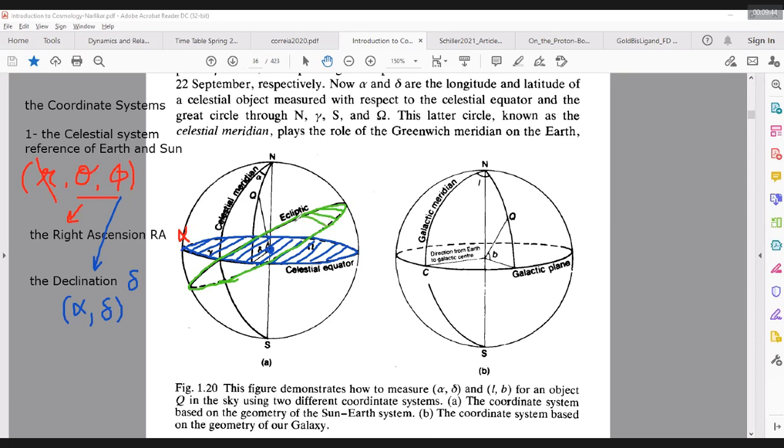This ecliptic is the plane where the perimeter of this plane is circular. It moves on the sphere, as you can see, and this perimeter, the circular perimeter, it intersects the celestial sphere at the celestial equator